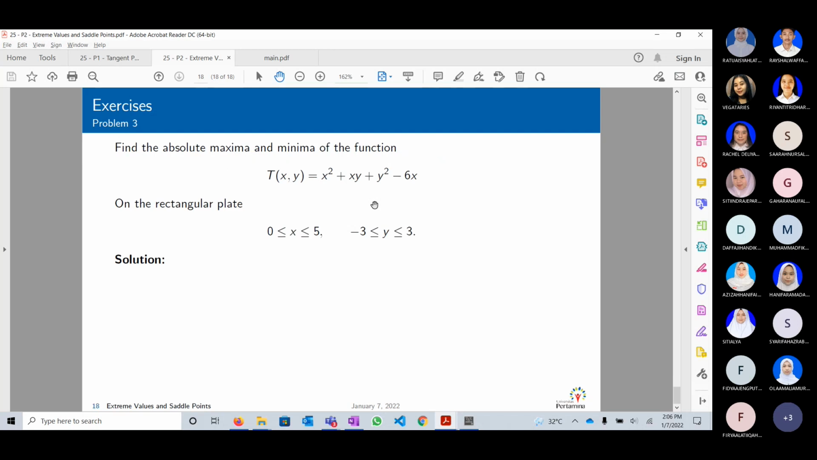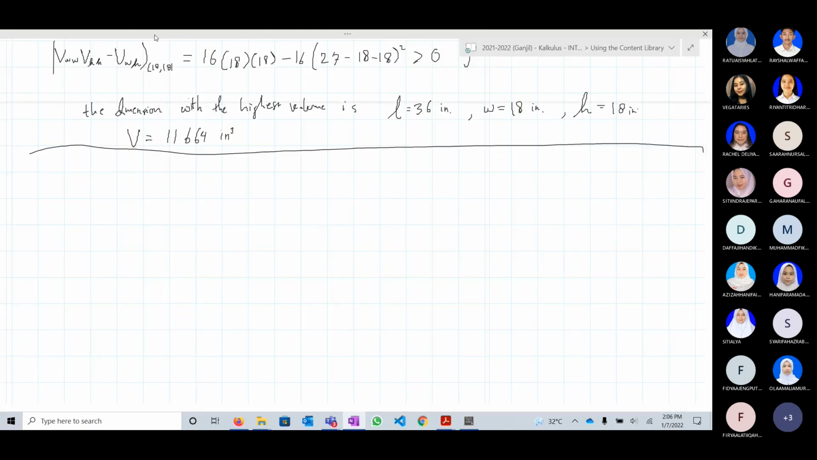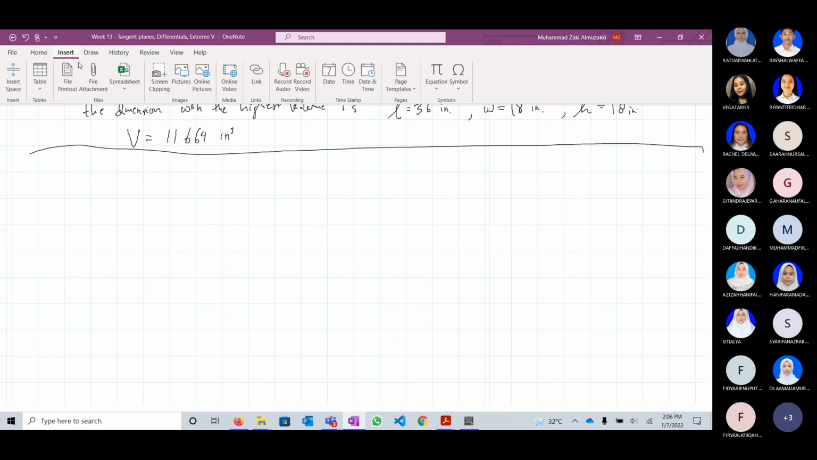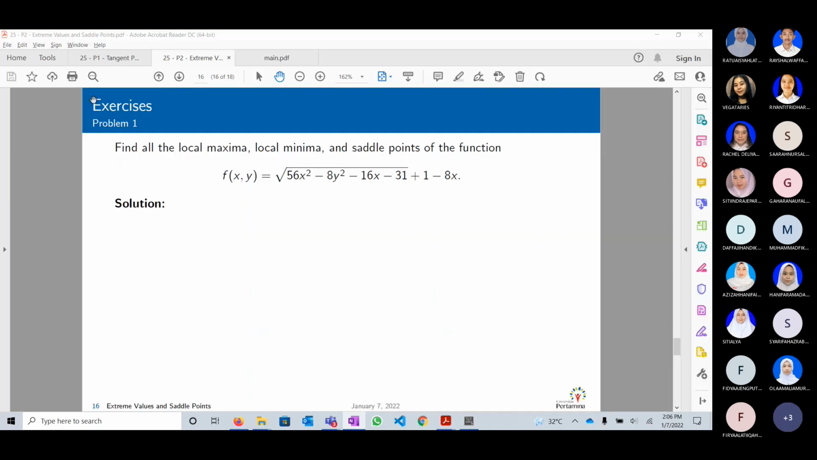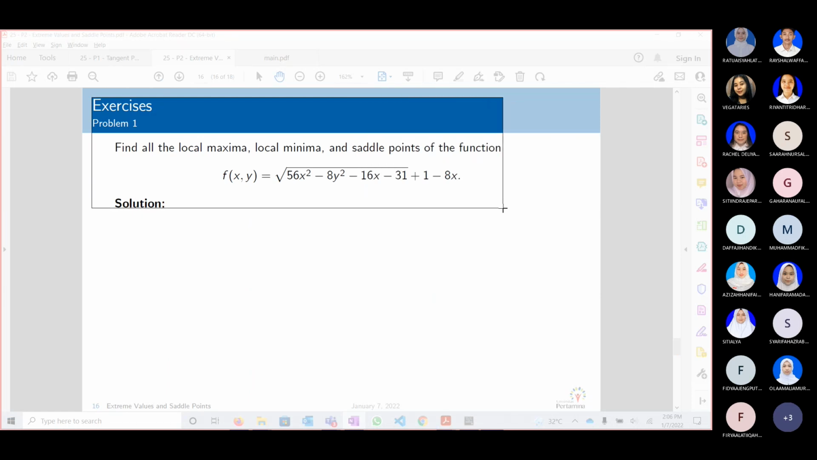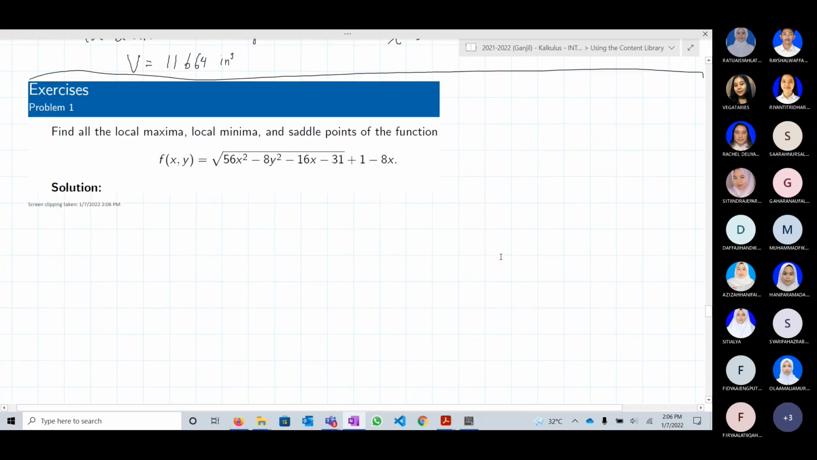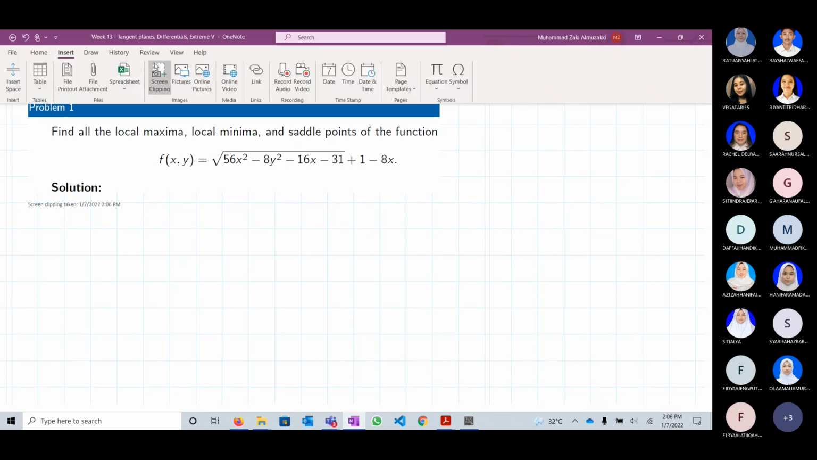We have 4, I think. Oh no, we have only 2 exercises. Yeah, we start with the first exercise. First, find all the local maxima, local minima, and saddle points of the function. So to do this, first we need to find the critical points, or well,